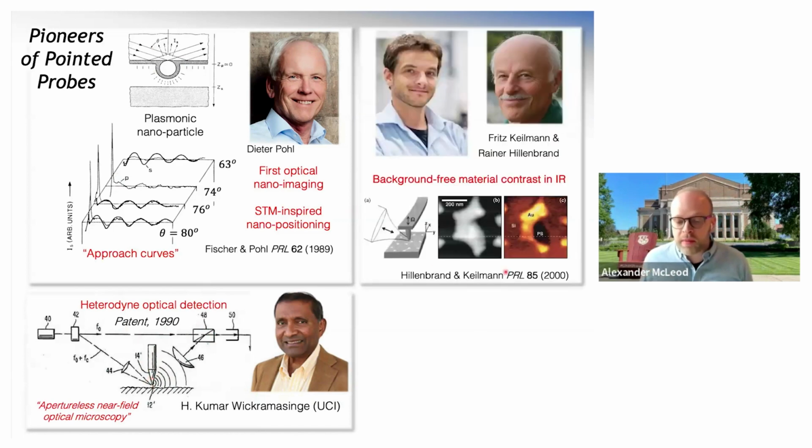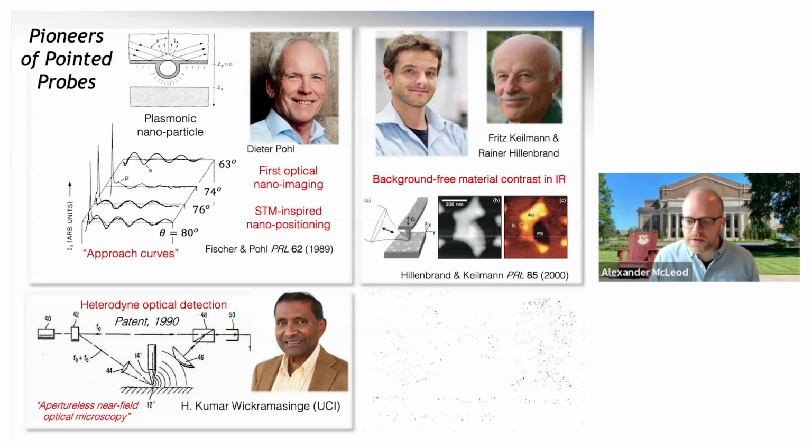And then later on, groundbreaking work by Hillenbrand and Keilmann found ways to suppress the background and isolate just the portion of light that is originating from these evanescent waves that might be at the surface of the material. And using an atomic force microscope probe to scatter these light waves out enabled really high performance imaging, where we can now, or they did back in 2000 already, notice the difference between different kinds of materials down at length scales as small as 10 nanometers. So here's silicon, and here's polystyrene, and here's gold,